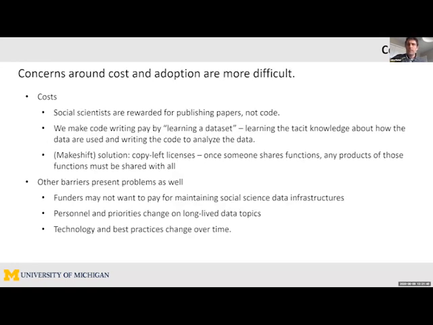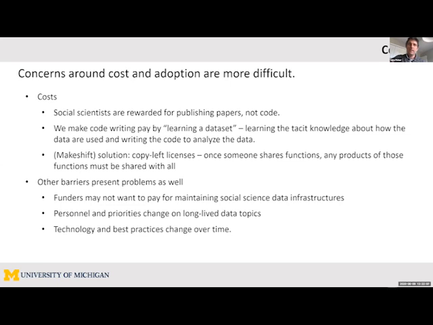The other concerns that are less easily addressed are around cost and adoption. It's easy to look at this and say, oh, this is a nice idea, but who's going to pay for it? I don't have a clear answer about how to do this.